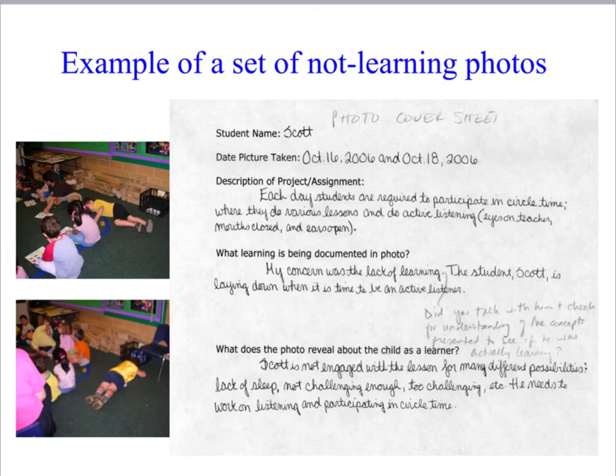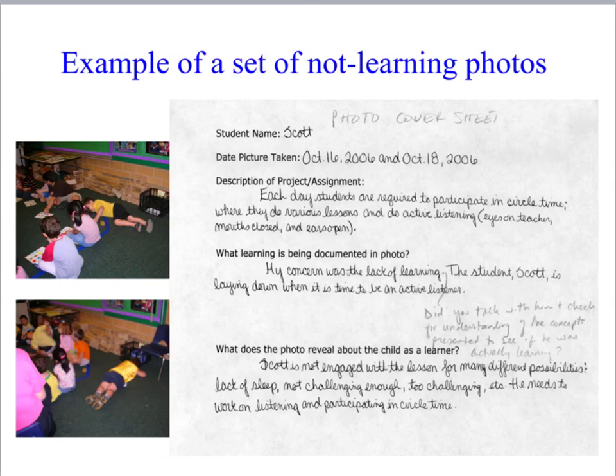What you see here is a pair of not learning photos of a student named Scott and the cover sheet that was completed to go along with it. And in case you are wondering what my scribble says there, I comment on the student's work, she assumed that the student wasn't learning just because he was not sitting crisscross applesauce with his hands in his lap. And I would have recommended that she check in with Scott